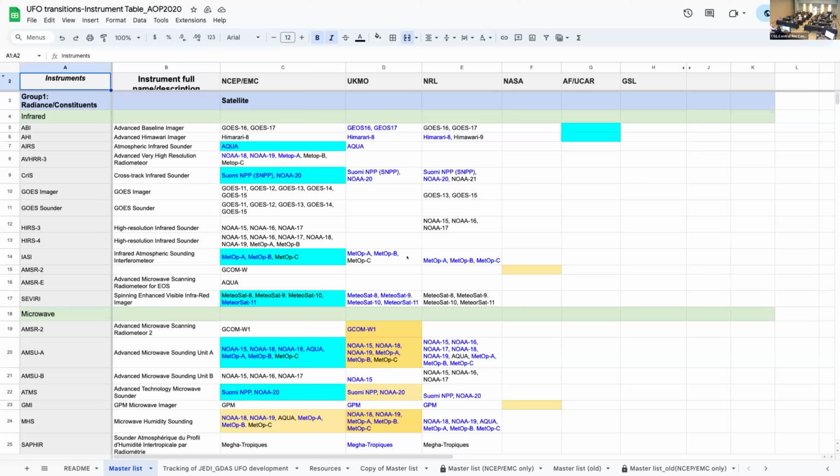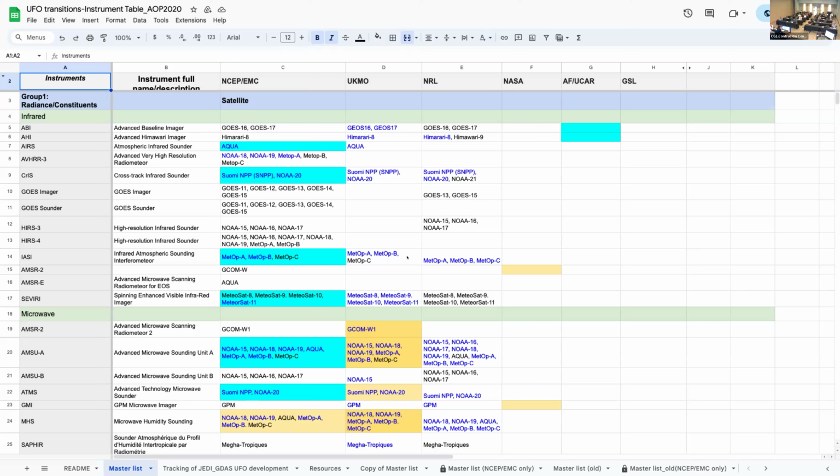I feel that if we can have a working group to build such a chart, that will be very helpful for us to build a UFO for space weather. At least from what I've heard, operational datasets have the highest priority, which is understandable. They are available in real time, and we'll start from there. But on the other hand, as Yannick mentioned, we also need to watch out for what's available in research mode, and see whether we can watch for that, or at least have some data assessment tool using JEDI. So that will need some JEDI UFO development as well.